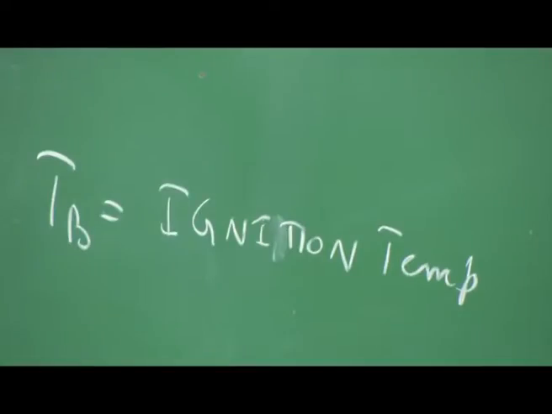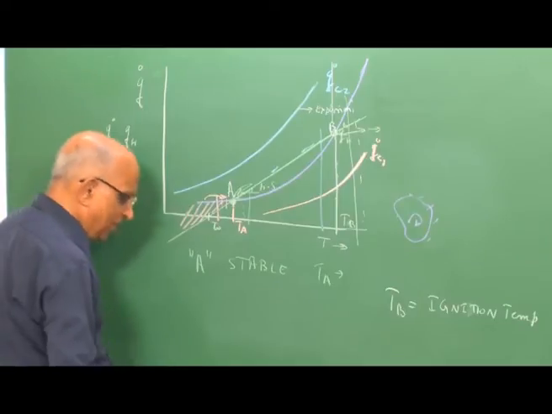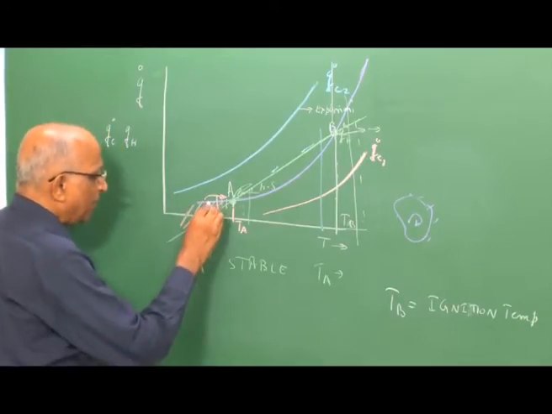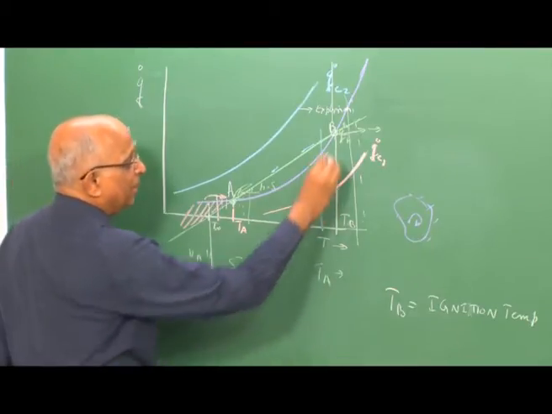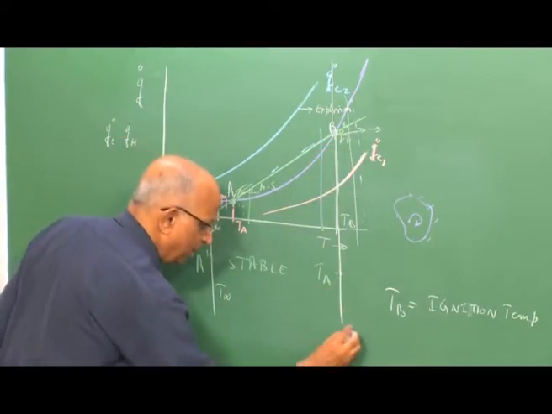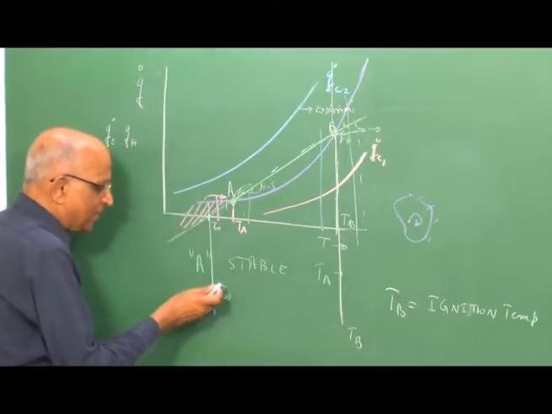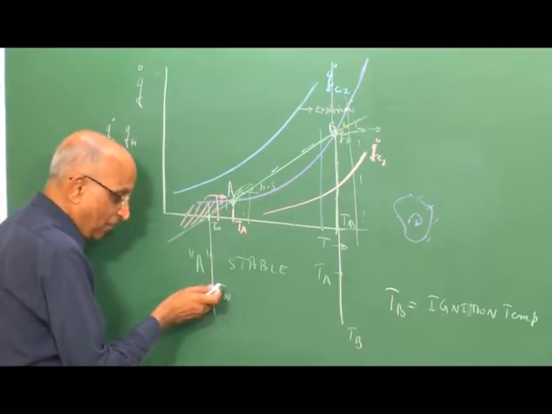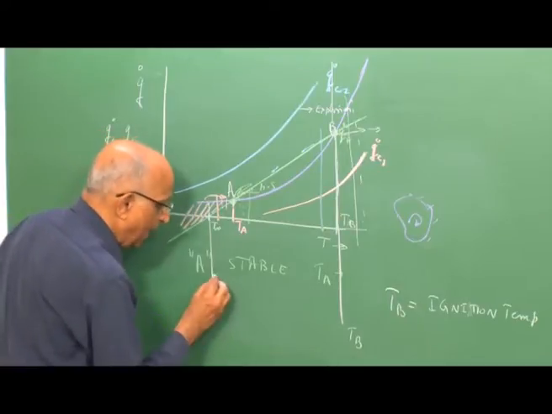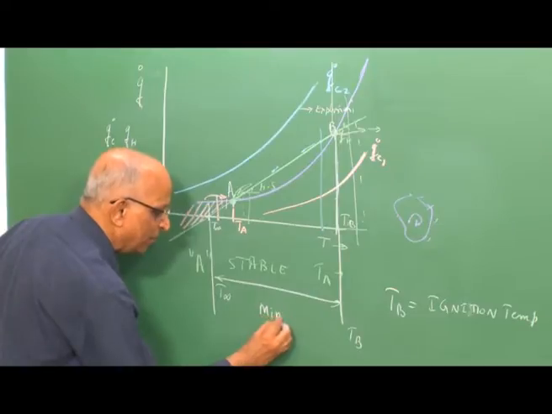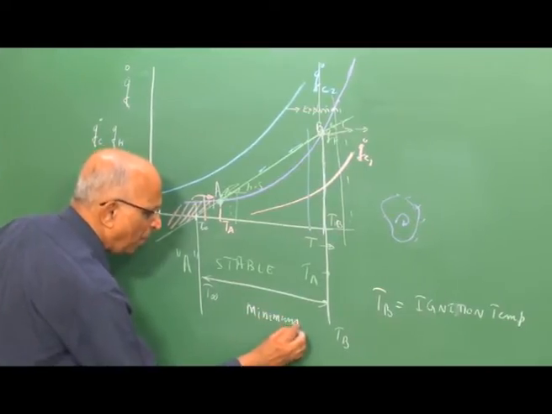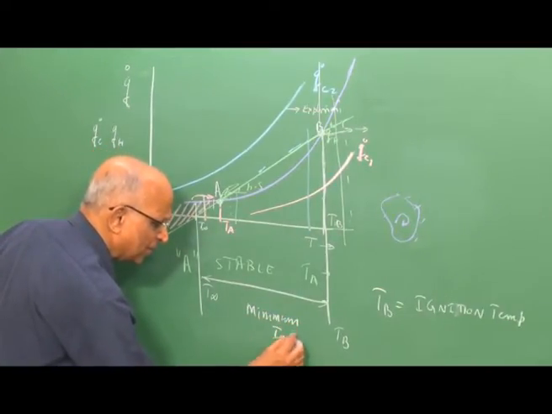Therefore, to be able to ignite any mixture, what is it I have to do? I am at the ambient temperature, let us say T ambient. I have to increase the temperature to the level of Tb. That means I have to supply some energy from the ambient condition to Tb, and the amount of energy supplied over here is what we call the minimum ignition energy, or simply we can say so much is the ignition energy.